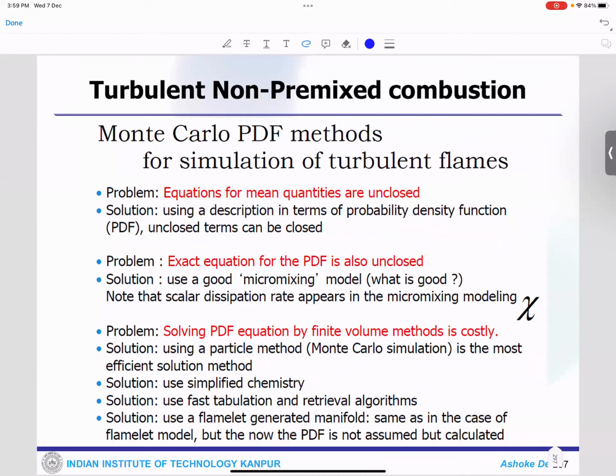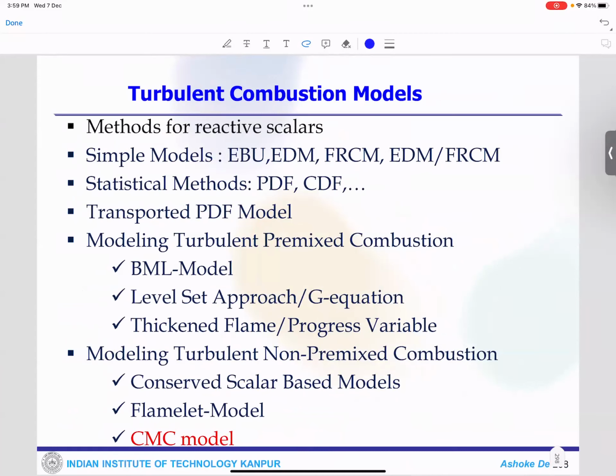We use simplified chemistry so that you can get quick tabulations and things like that. Obviously, when you go for higher accuracy, things change. Now, the last one which I would like to touch upon is another advanced model